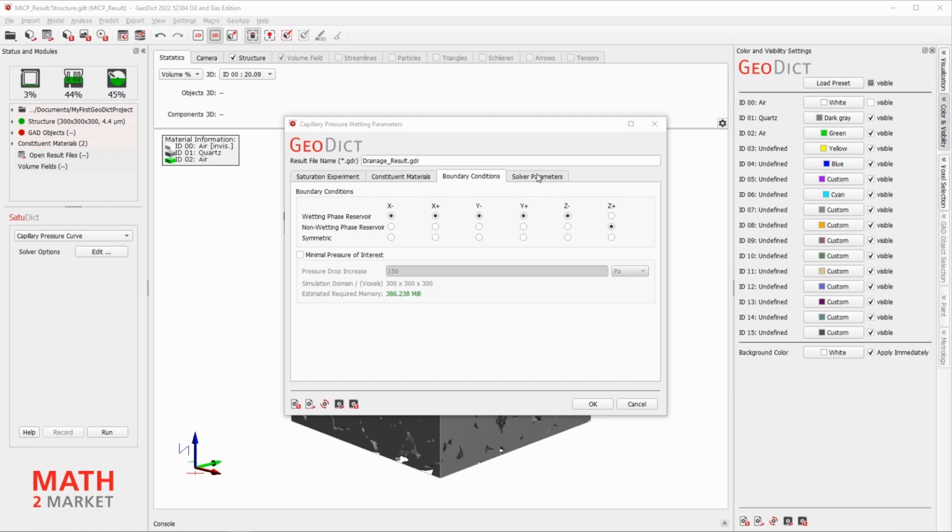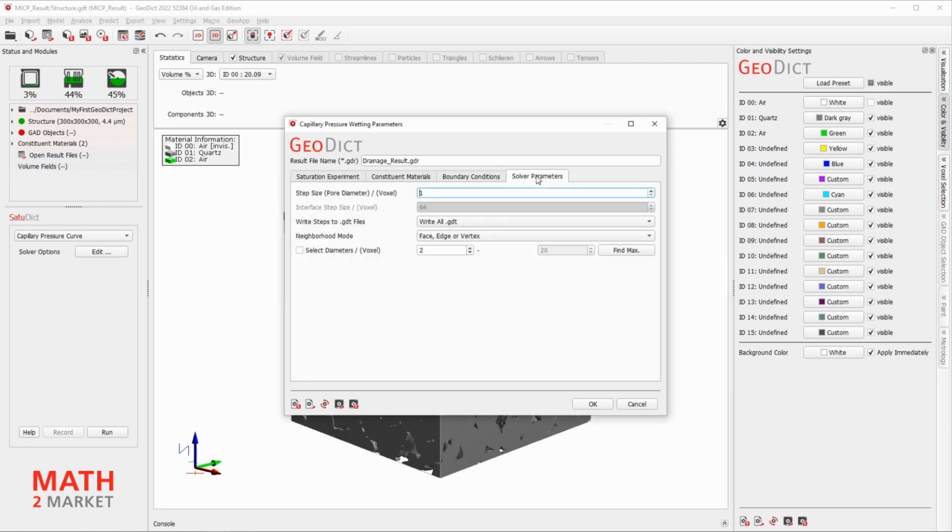Now select the Solver Parameters tab. You can leave the step size on 1, since we have a very small structure. For larger structures, please select higher values to get a faster result. We want to write the steps to GDT for every one of the pressure saturation steps.